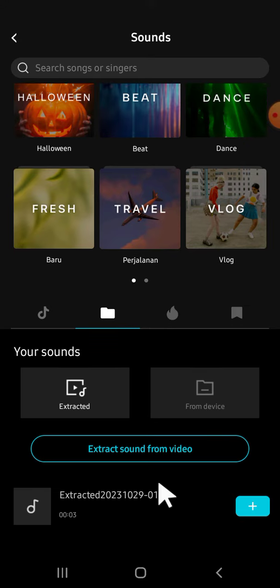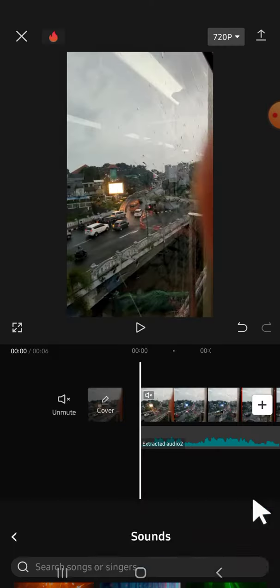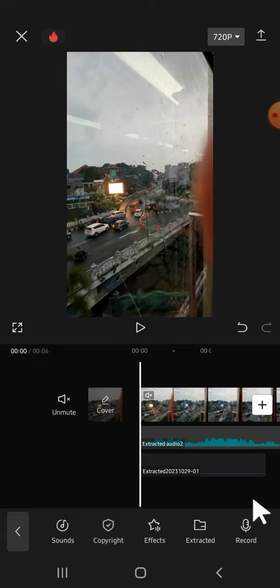Alright, and just click on this plus button, and this is the extracted audio, so we can import the audio by clicking on this plus button. Okay guys, and that's how we can extract audio from video in